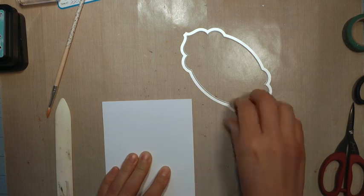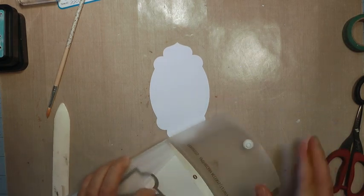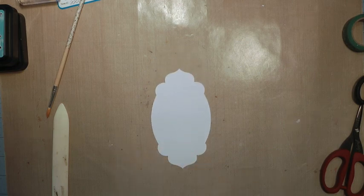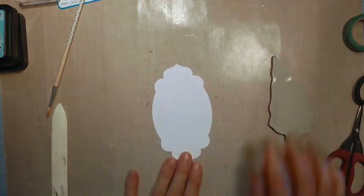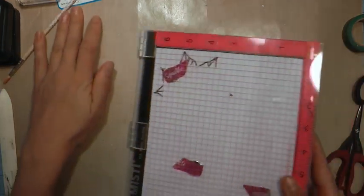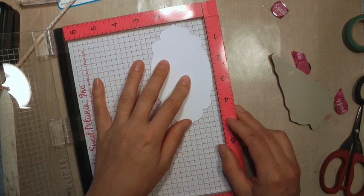With all that out of the way, we are going to go over the sixth tag in this series. I'm just breaking out some labels, dies that I have from Stampin' Up! And the special season Christmas stamp, also from Stampin' Up! I am migrating my stamps to these stamp pouches to really conserve space in my craft area. I'm in the middle of a deconstruction of my craft room and then a reconstruction, but the deconstruction process is